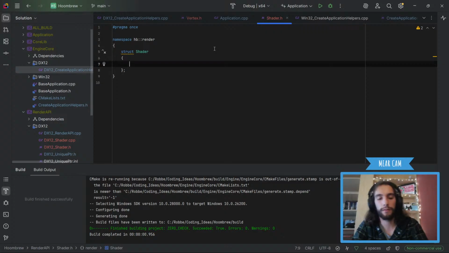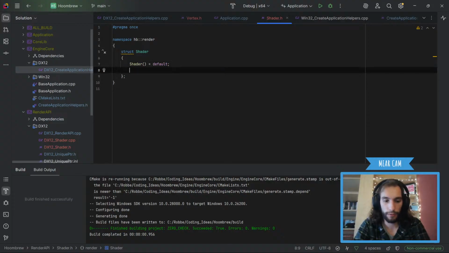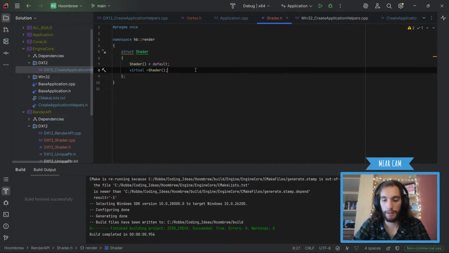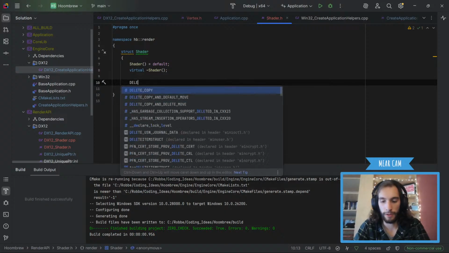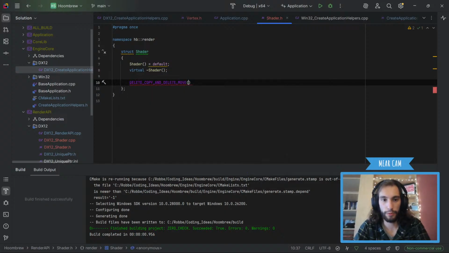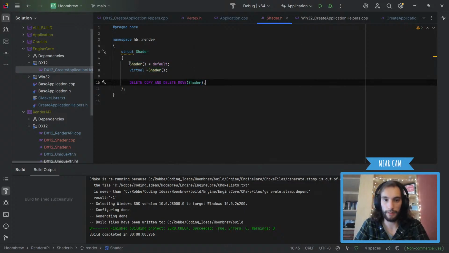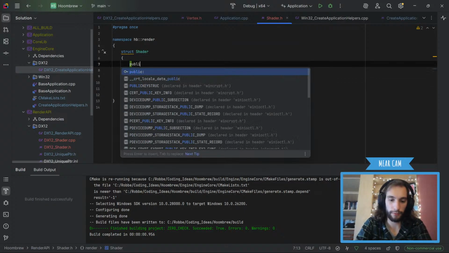Okay, so let's create a shader default. Let's also create a virtual destructor, because I know somebody else will complain about it. Okay. Shader, and it's going to be virtual. And then we're going to do delete copy and delete move for shader, because I don't think we'll need to do any of that. And we're going to do that all in public, of course.